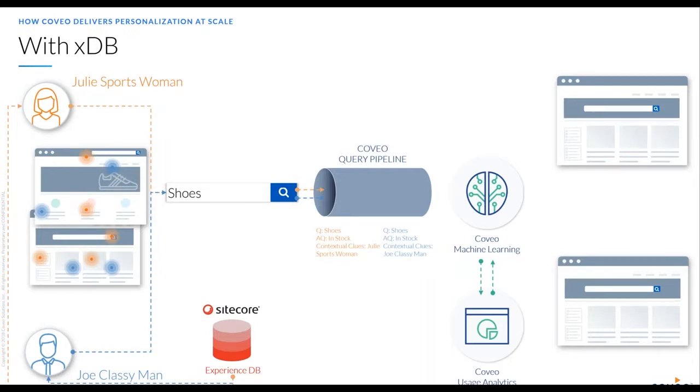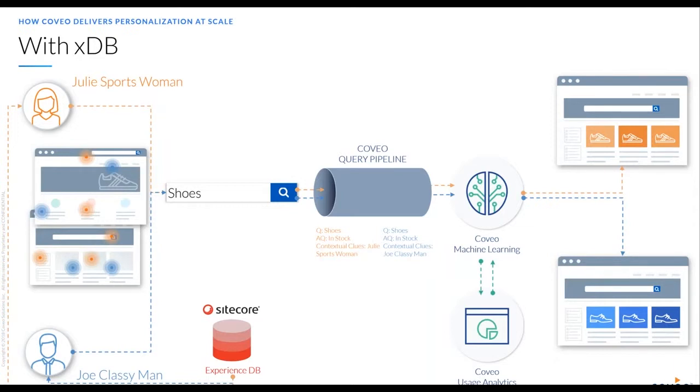So we've been able to read that particular persona, and as we go on to the next step, the search results going through the machine learning, you can see the experience on the top where Julie is given sports shoes, and on the bottom, Joe is given the dress shoes. So the same search, but 2 different results. And that's something